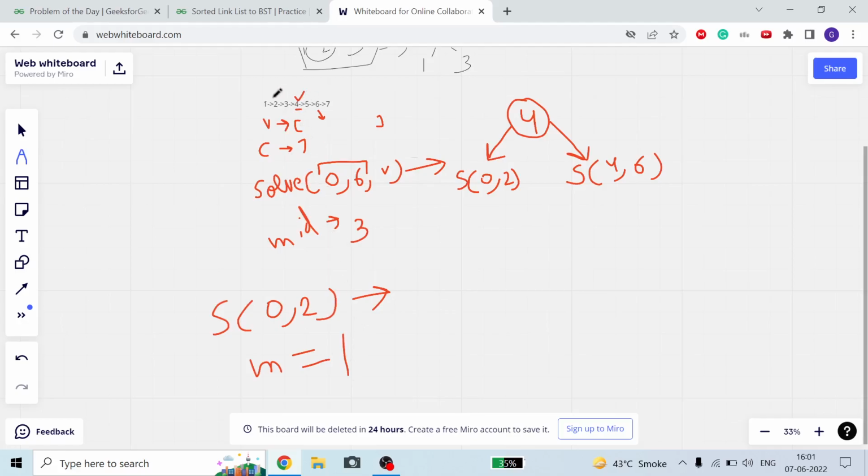Now what is the node at index 1? 2. Current node is 2. Then for its right, it will solve mid plus 1, that is